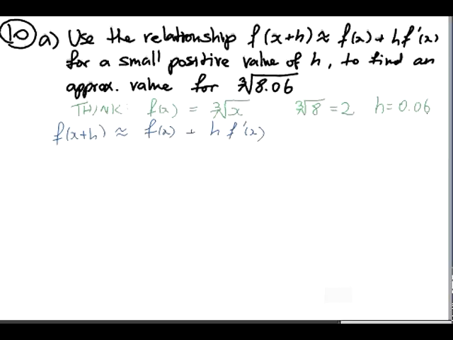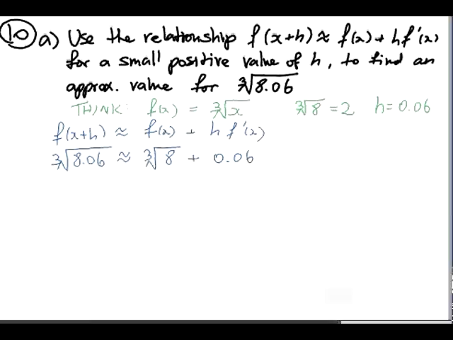Okay, so remember f we said was the cube root of x plus h. x is going to be 8, h is going to be 0.06. So there's our value that we're trying to find. That's going to be approximately f of x, the cube root of 8, plus h, 0.06,